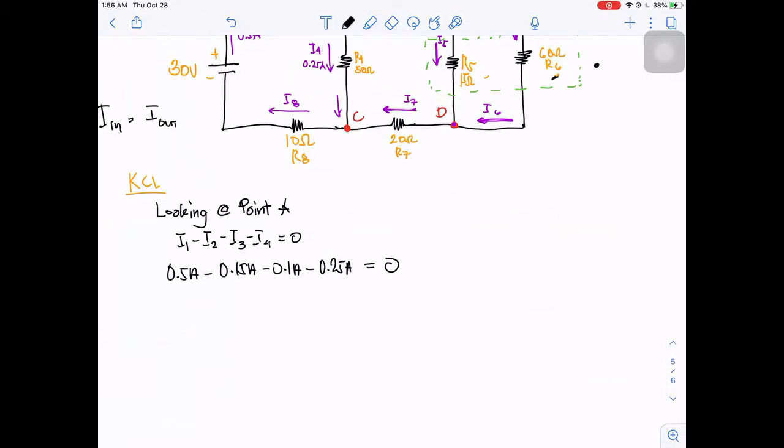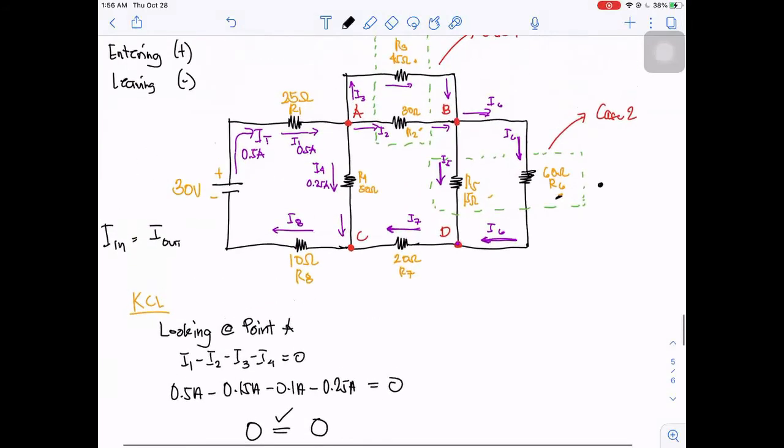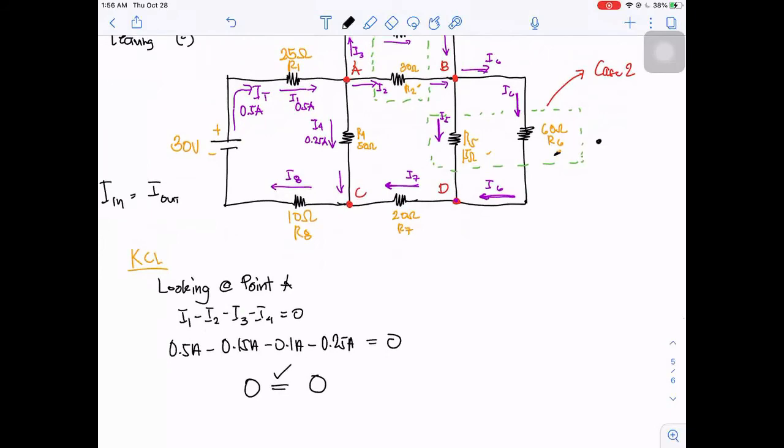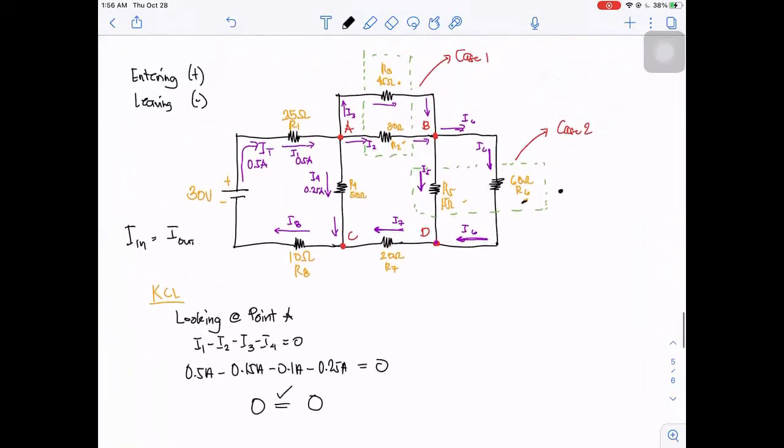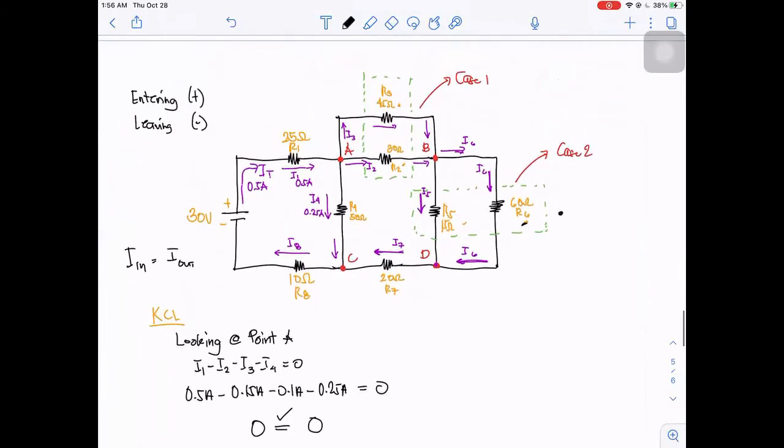So the left side of the equation is equivalent to 0, which is also equal to the right side. So it satisfies the condition or the statement of KCL that the current leaving is equal to the current entering. So the summation of all current at point A is equivalent to 0. We can also validate looking at point B. So let's validate